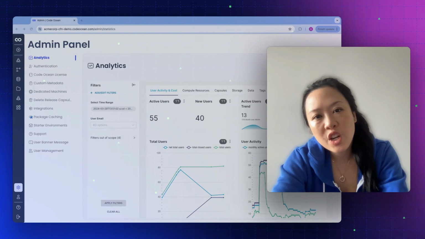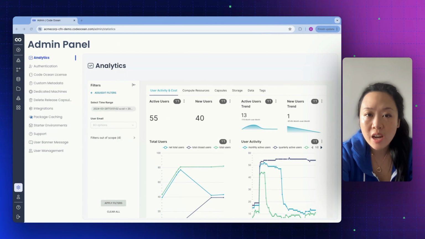CodeOcean's admin panel is a single pane of glass to manage all users, resources, and data in your deployment. We can manage integrations, custom compute, and environments from a unified management console. In this video, we'll walk through and show you some of the key functionalities available to admins using the CodeOcean